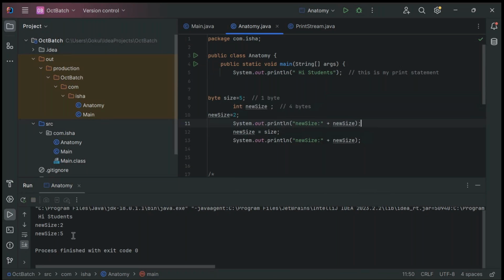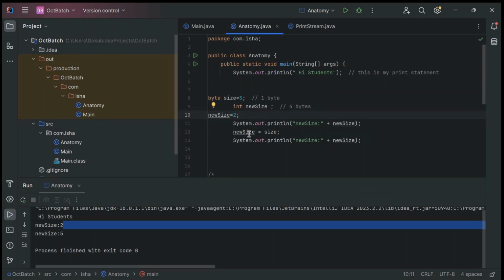So line number 11 is printing 2 because I have assigned a value of 2, but in